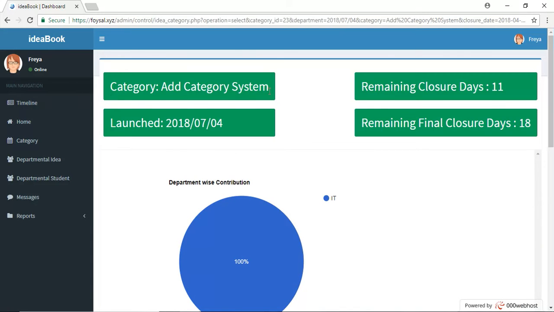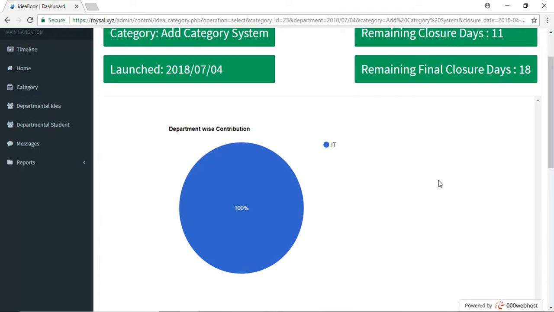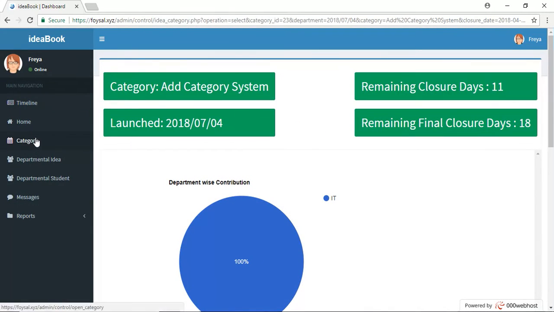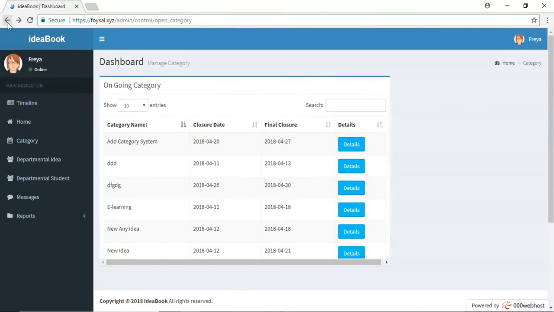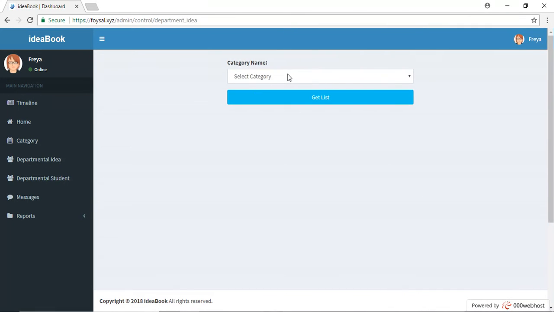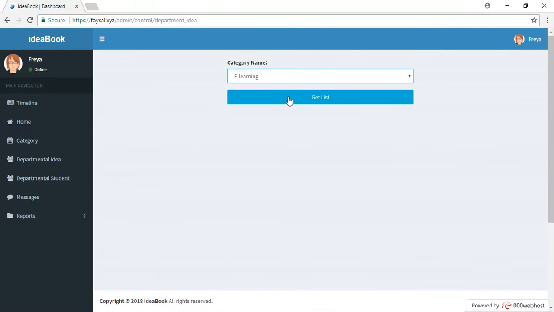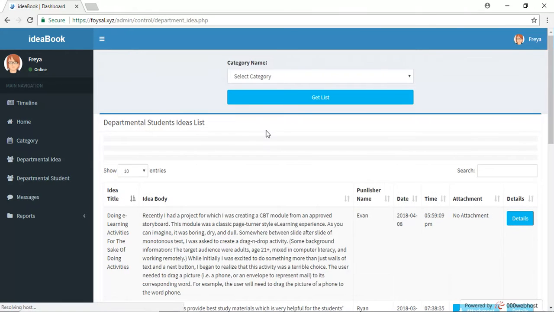When the category has been done, launch, remaining date, remaining final closure date, department wise contribution 100% IT. You can see this. Departmental idea. Select any category. If he selects any category, he can see the post of that category, who has done it, what was the description,